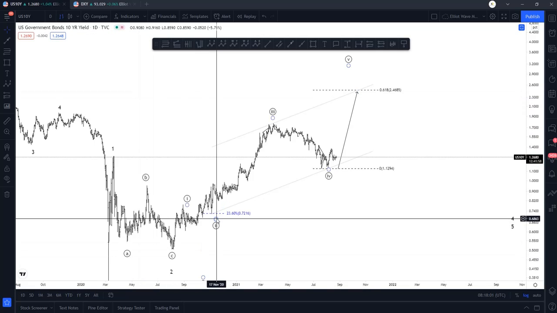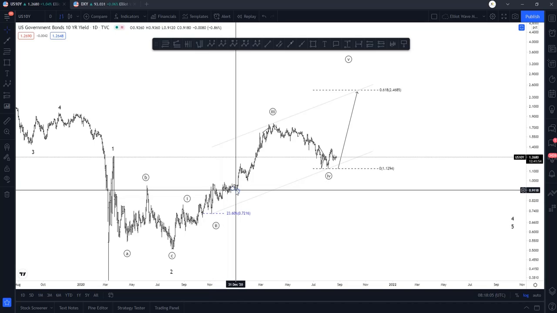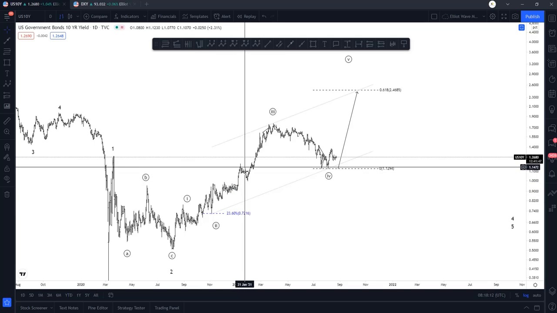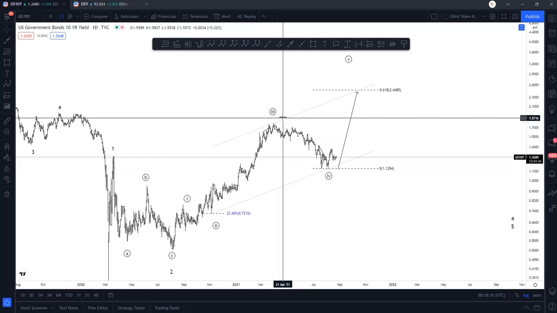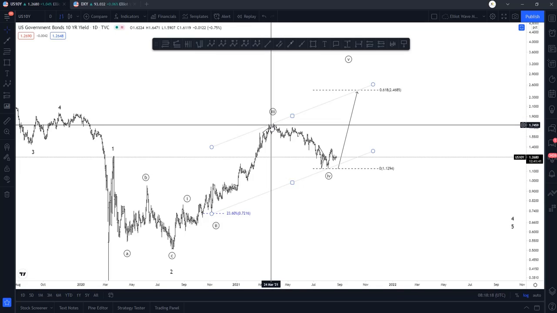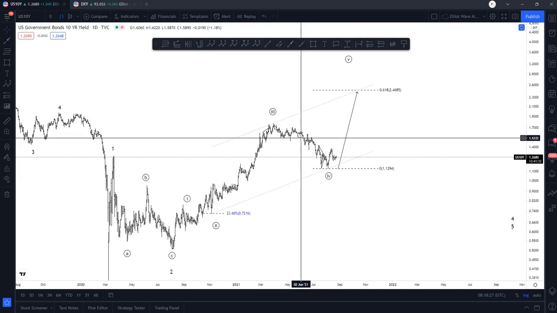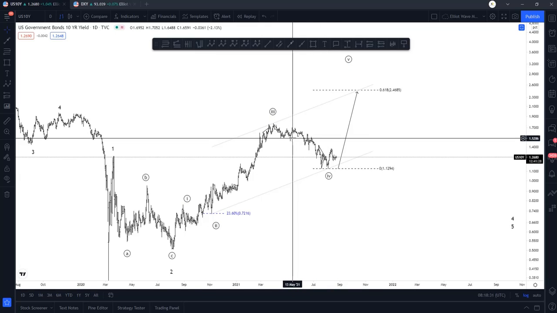Why? Because at the start of January, where we saw the 10-year yield move rapidly higher, we also saw the dollar move rapidly higher at the same instance. We saw a massive breakout, a correction, and the dollar move higher, whilst the 10-year yield moved higher. During this time, stocks did also move higher, but not exponentially higher.